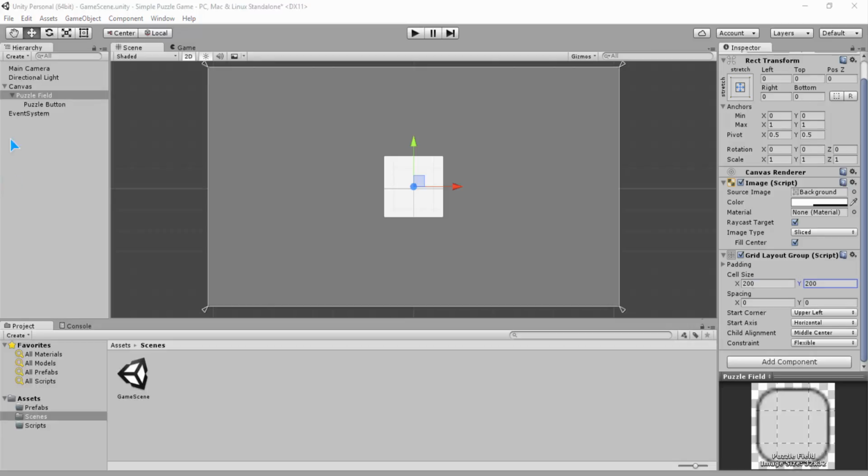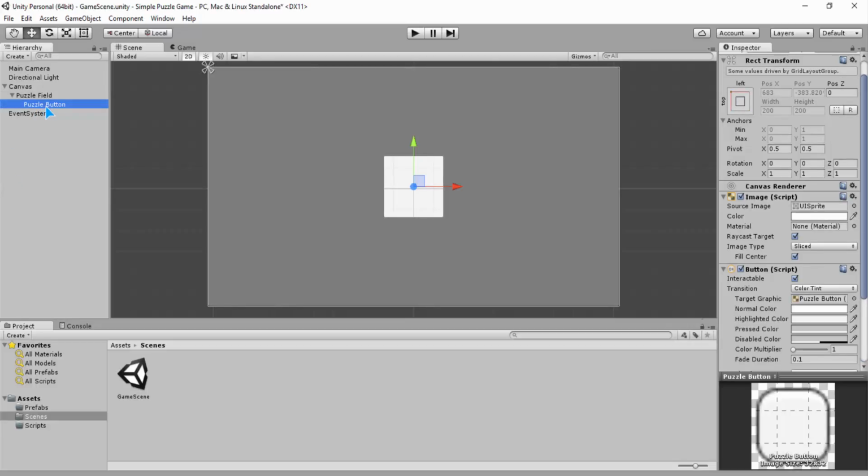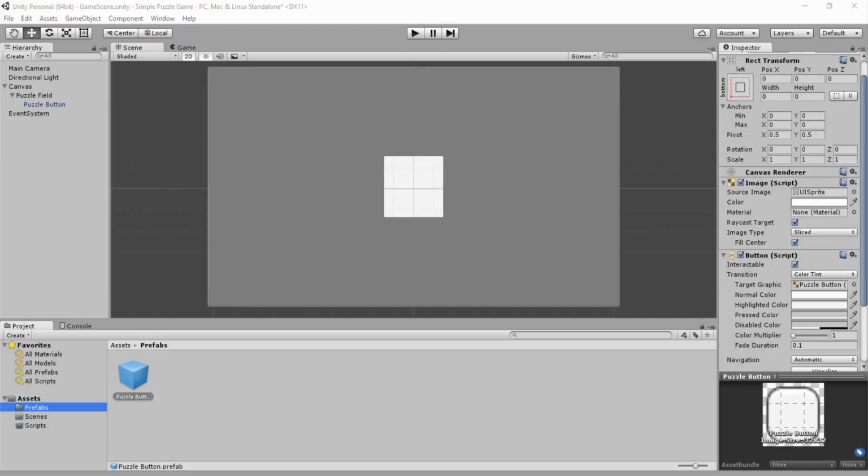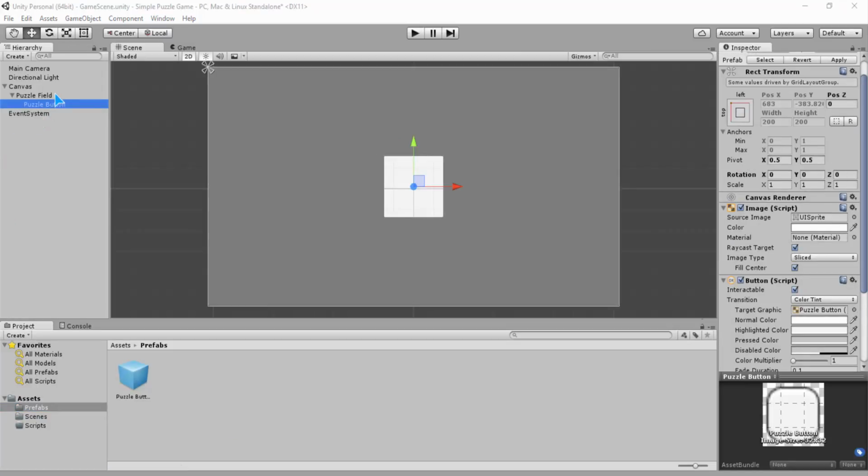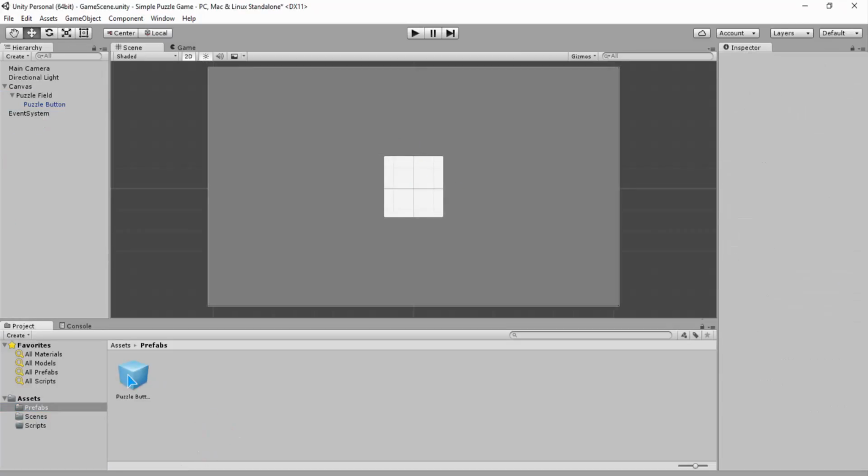And I want to make this puzzle button a prefab. This is a reusable game object. So for example, I can drag and drop it to this folder prefabs, and then the text turns blue.